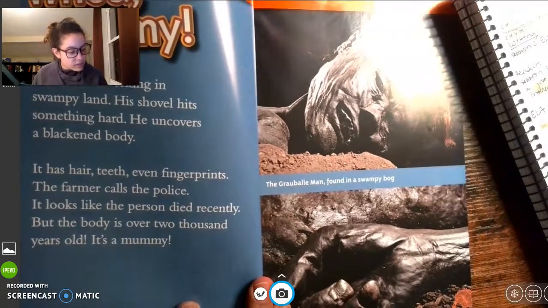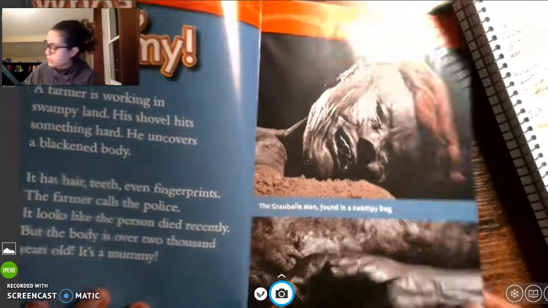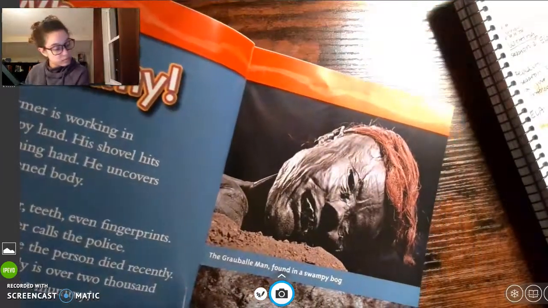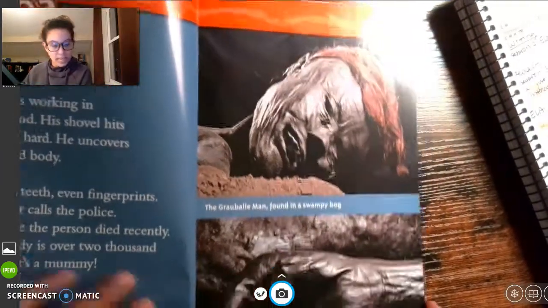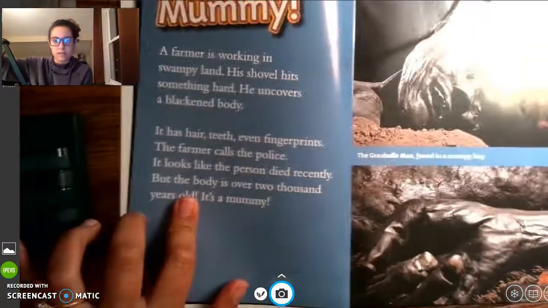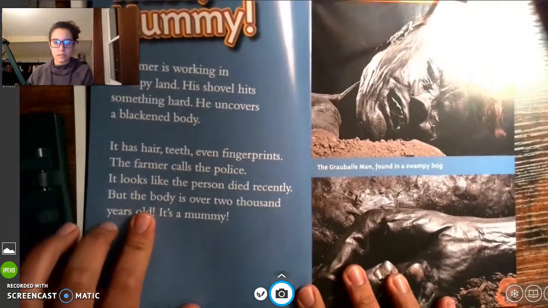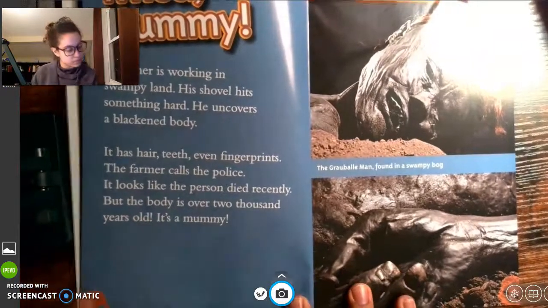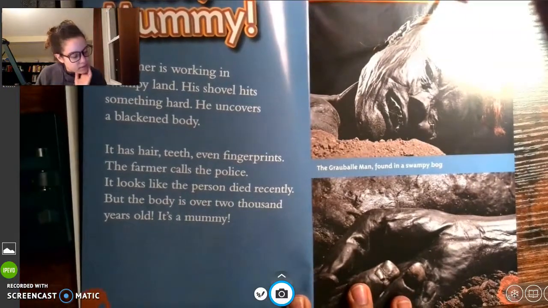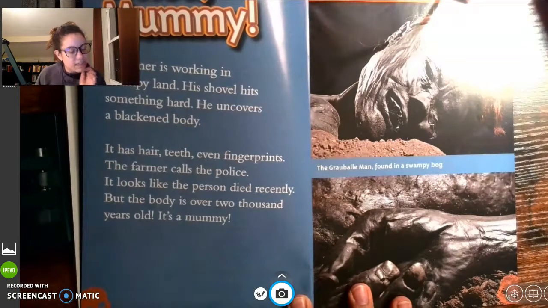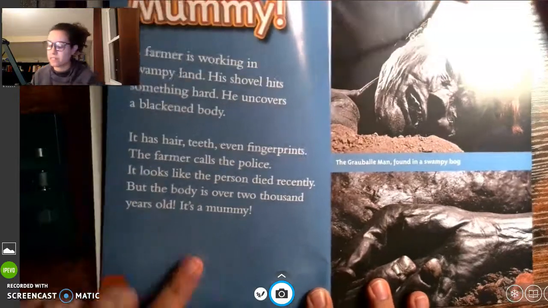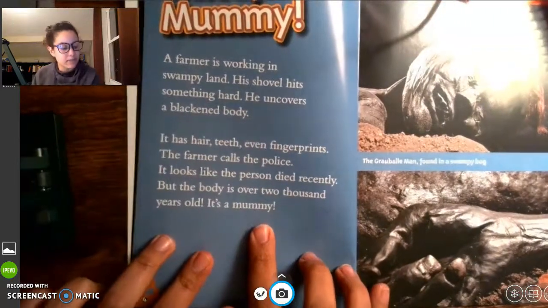So I'm going to jump a little bit forward to looking at pages 4 and 5. Let me see if I can zoom out just a little bit and get it to focus. What I want you to do is continue and think to yourself how you would read this next paragraph, how you would read it fascinated.